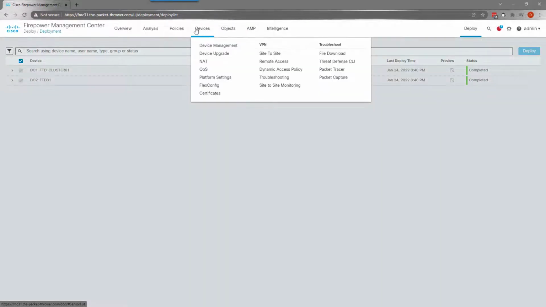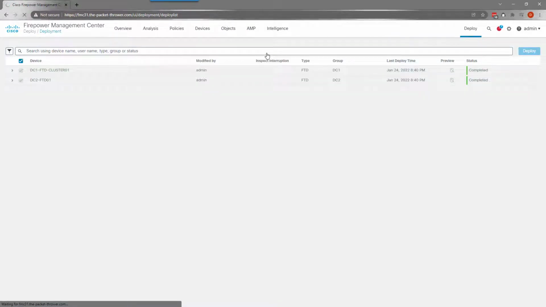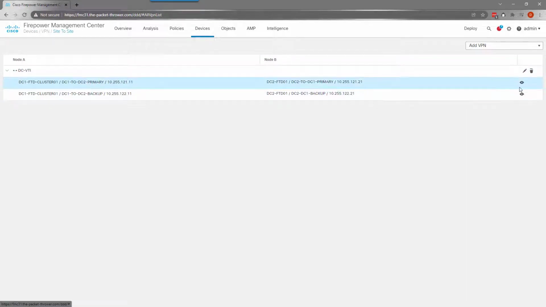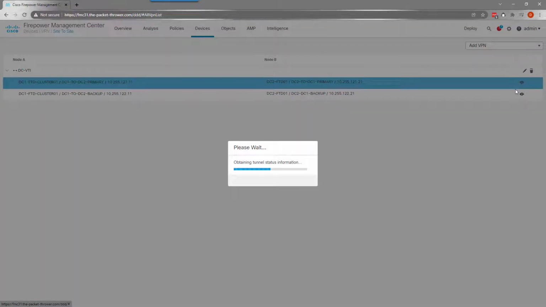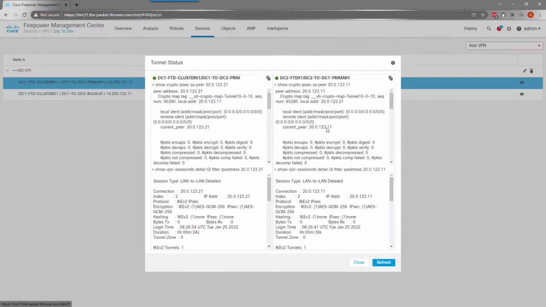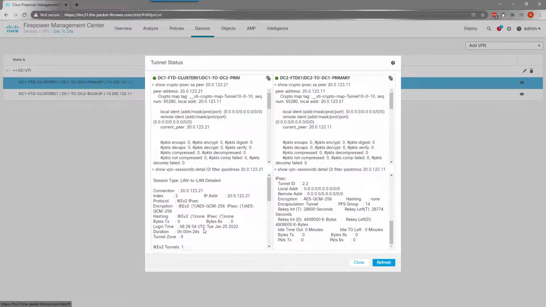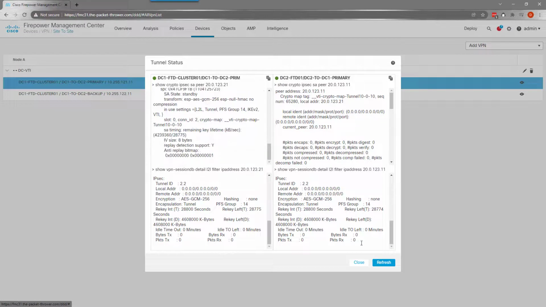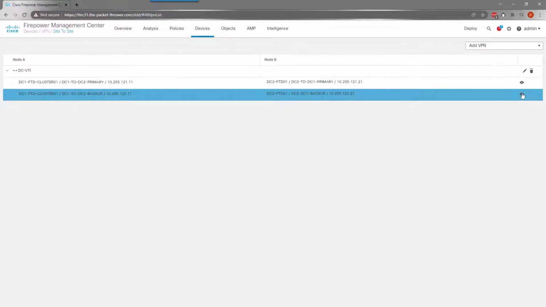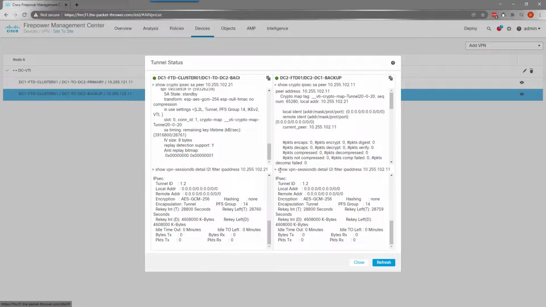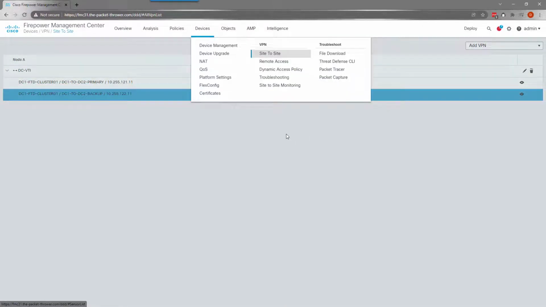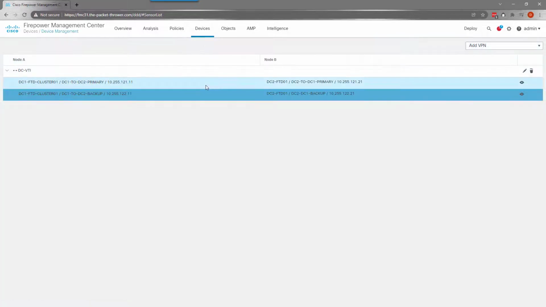Okay, so now I should be able to go to the site-to-site here. And if I check the status, we should see that our VPN is up. We can see that we have both sides of the tunnels are green, and we can see the various VPN information. And we should see our other tunnels up too. At this point, we have a VPN, but we need to add some routes if we want to actually pass traffic through. So we'll go back over to our device management,